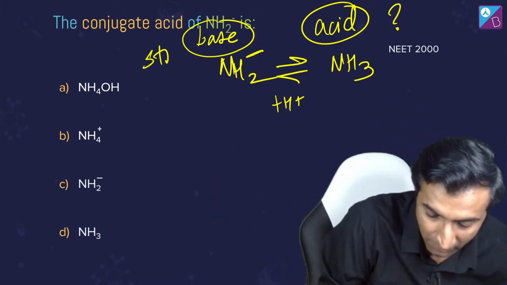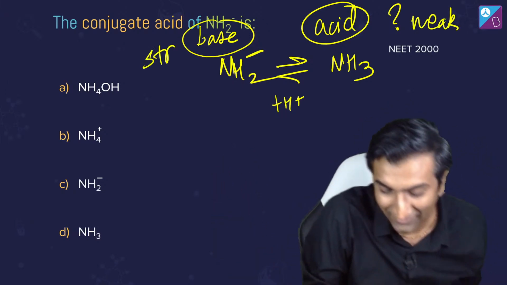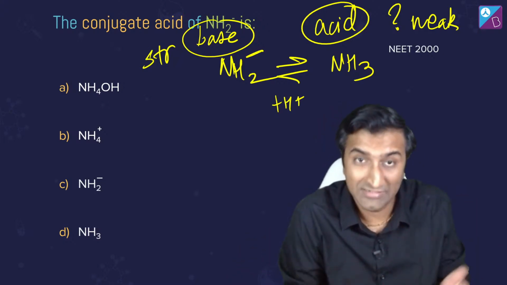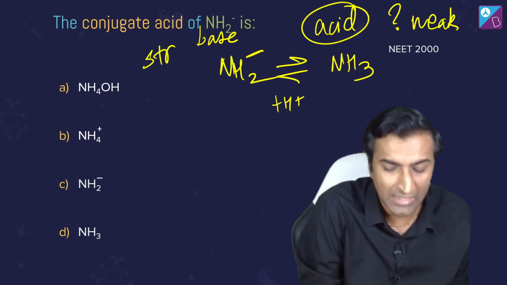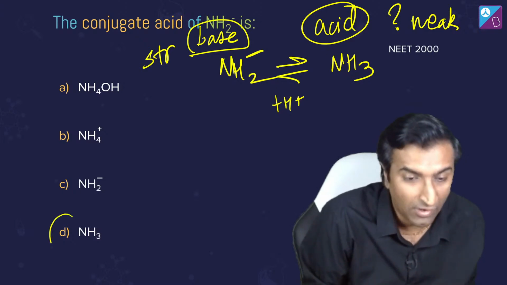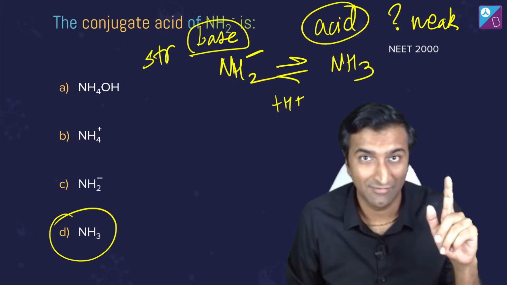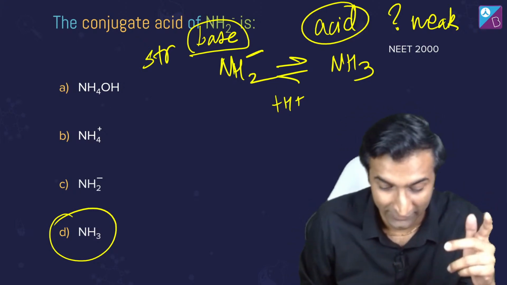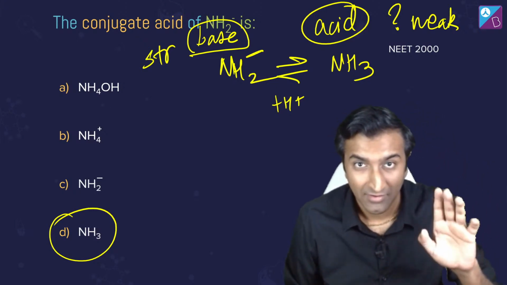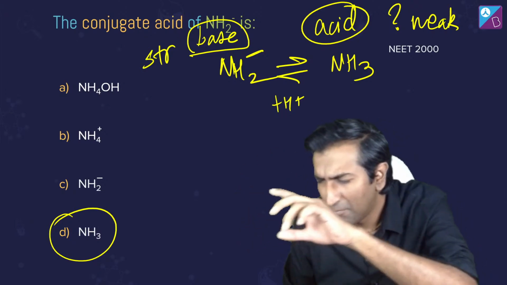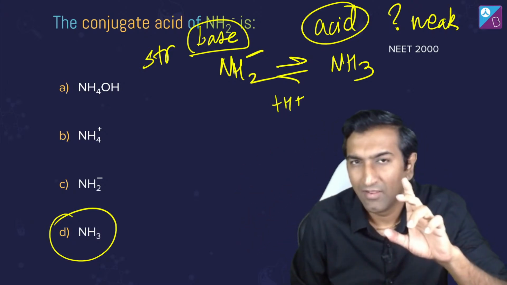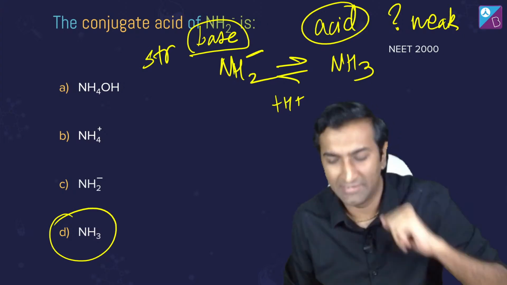That's why this is a very, very strong base. This is a very, very weak acid, right? I agree. But सवाल पूछ लिया, थियोरेटिकल सवाल पूछने को पूछ लिया भाई. ठीक है? इसलिए आंसर होगा अमोनिया. ओके? ये नीट में पूछा गया 2000 में. I haven't made this up. क्लियर ना? कैसे? अगर पूछा गया कॉन्जुगेट एसिड, पहले असाइन करो तुम्हारा बेस क्या है, उस पे ऐड करो H प्लस, अपने आप मिल जाए कॉन्जुगेट एसिड.